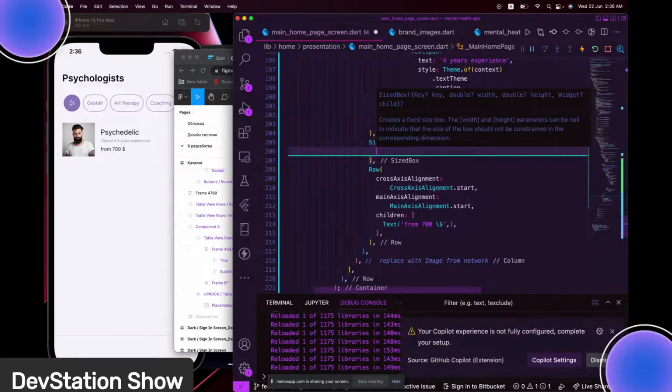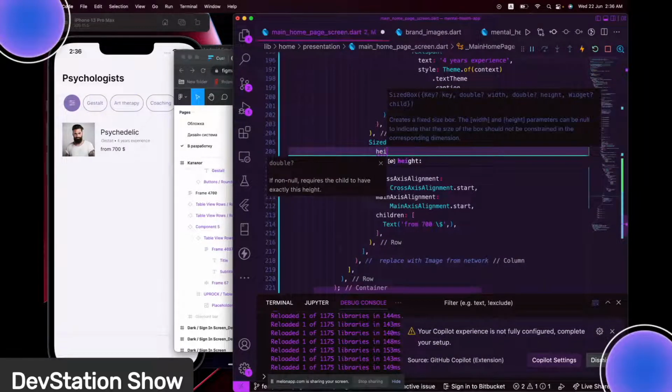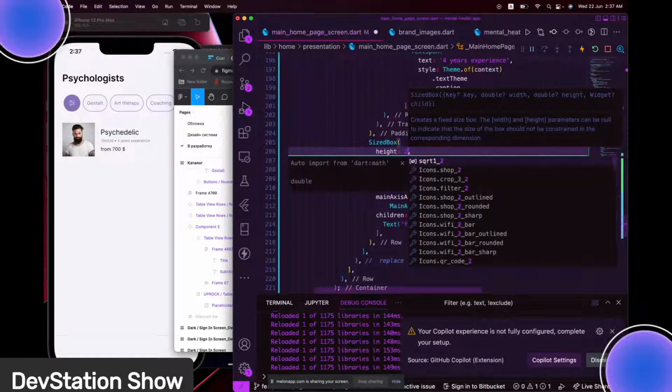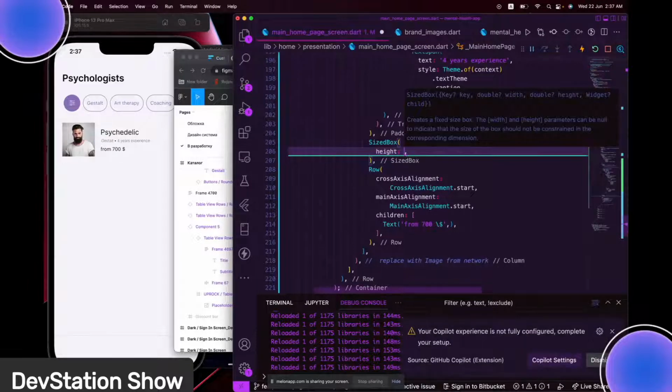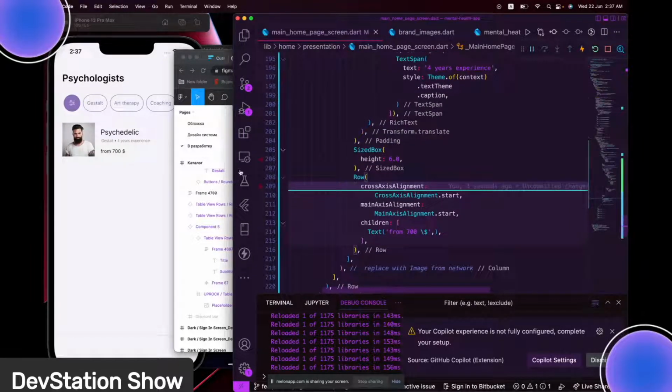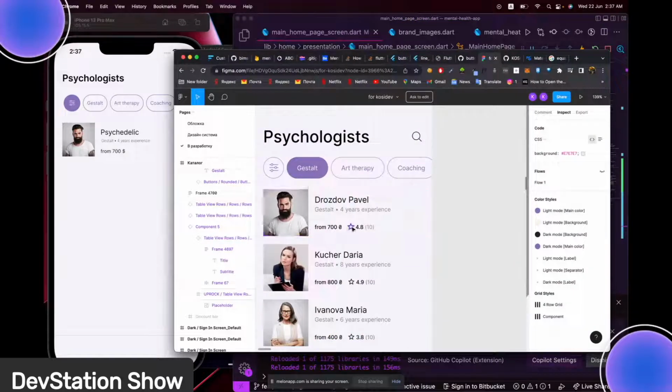Over here we can have height property, and the height property, let's give it a value. Okay, that's enough. And so we have $700, and then we have this icon here for star, and we can